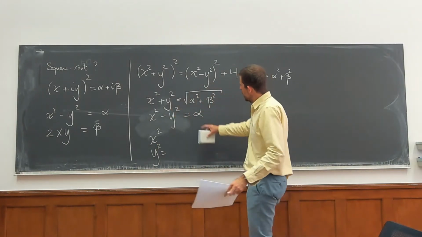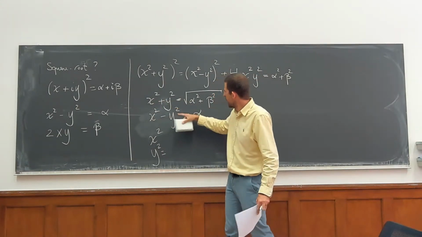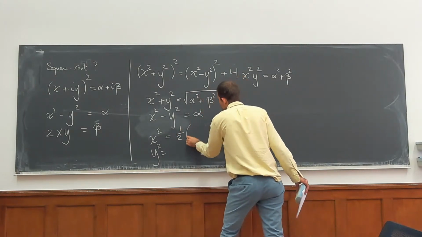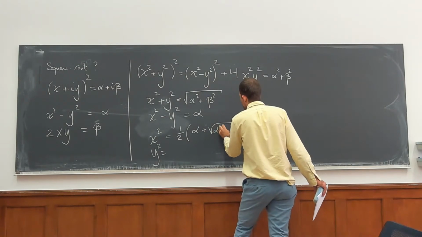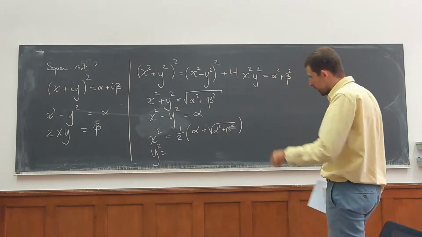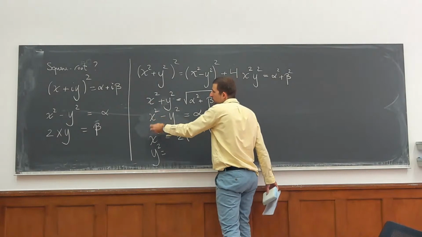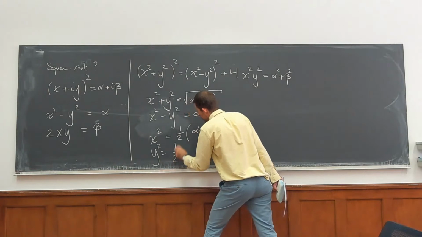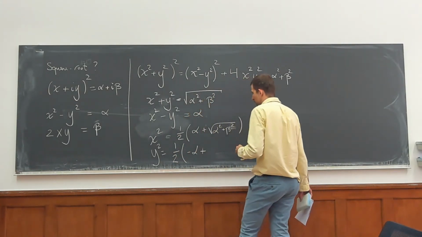And so now these equations are extremely easy to solve. To get x, if we add both these things, we get 2x squared, the y cancels out. So the value of x squared is just half of the sum of these things. And for y squared, we just have to take this one minus this one. The x cancels out, you get 2y squared, so it's just half of that. It's this minus this, so minus alpha plus